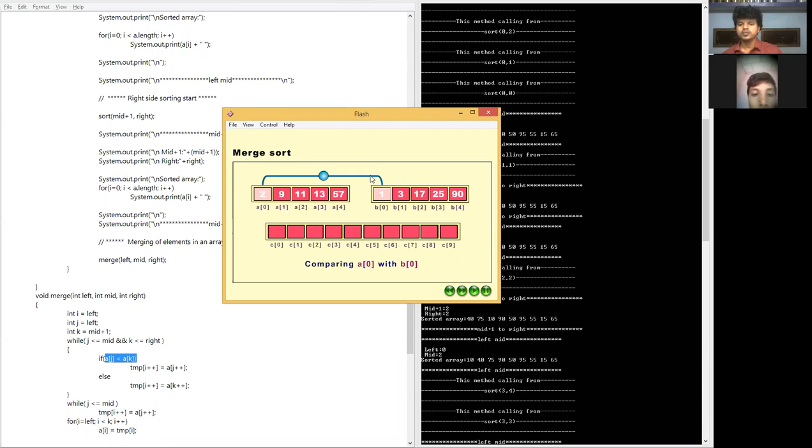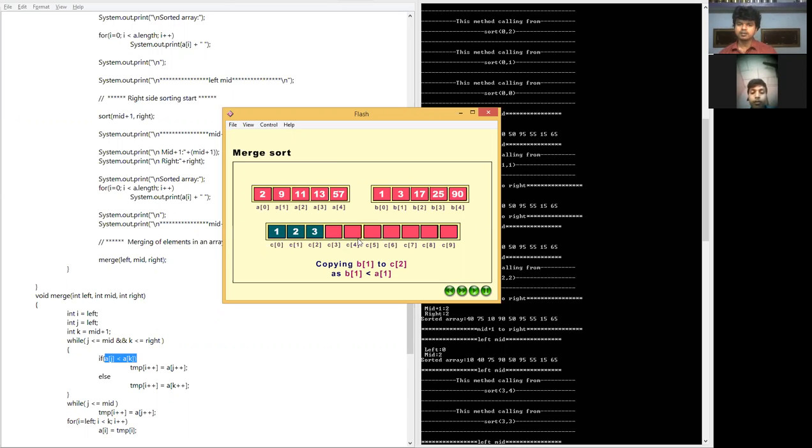When merging these two arrays, we compare the starting element of A with the starting element of B, and check which one is the least element. That will be placed as the first element. Then again, we compare with the second element in the second array, and 2 is a small number, so 2 is placed in the array. In this way, all elements are compared between the two arrays, and whichever is the smallest is placed in the final array. Finally, we make a single array in ascending order.